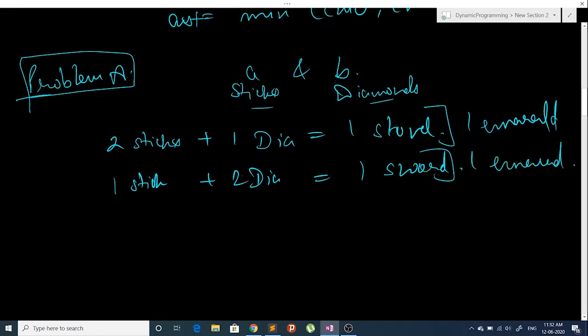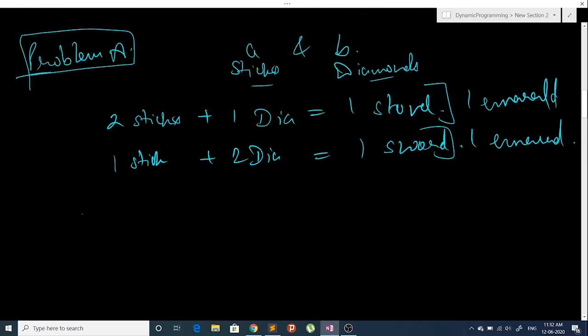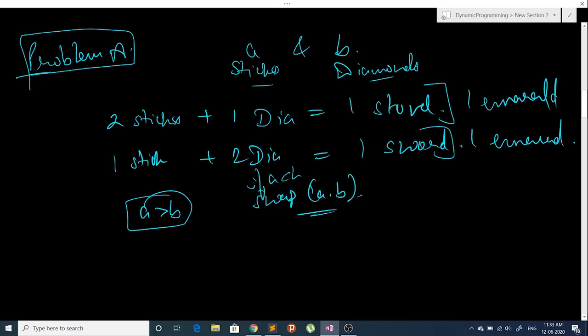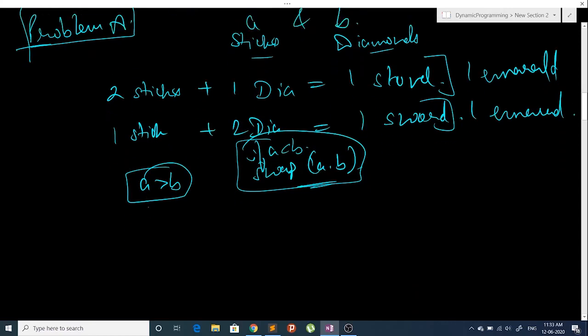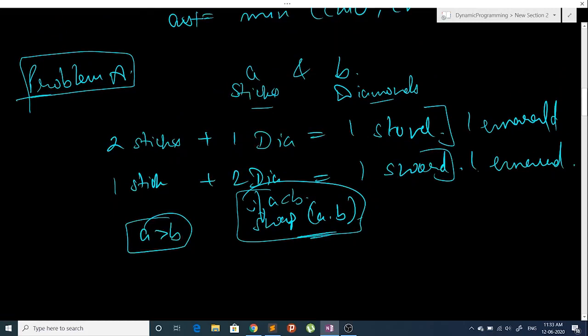And in the problem we have to count how many maximum emeralds we can earn. So to do this problem, my intuition was to check if a is greater than b, and if it is not greater than b, I'll just swap a and b. So finally I'll have a greater than b, and I can see in the problem that I can make shovel